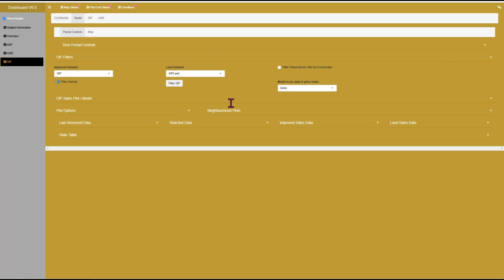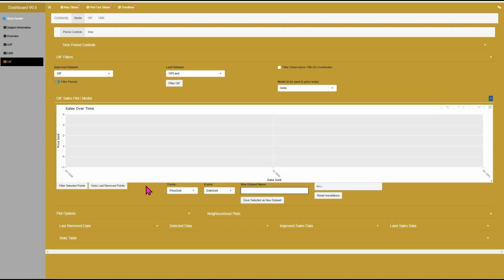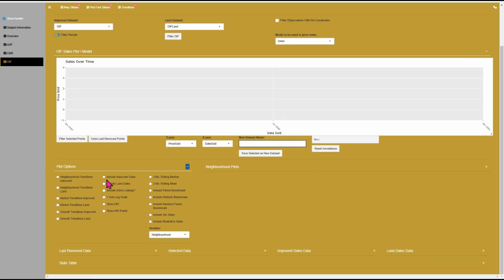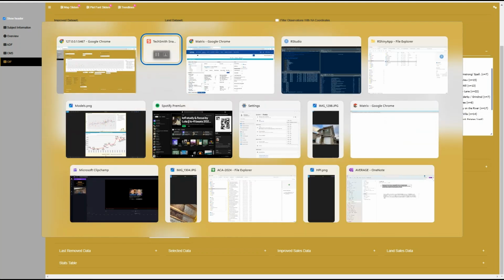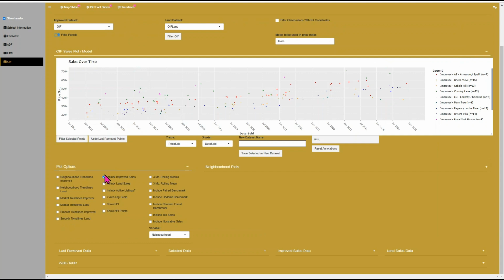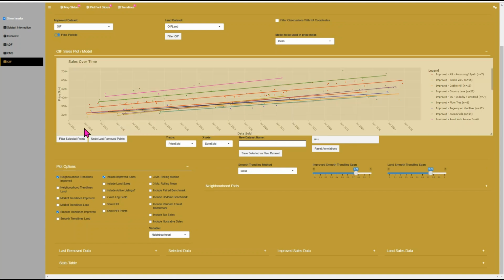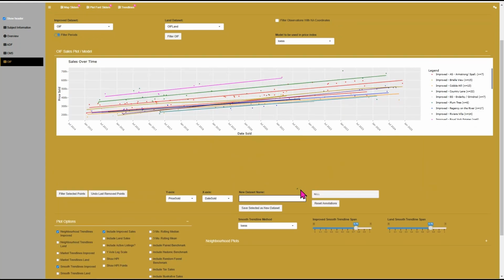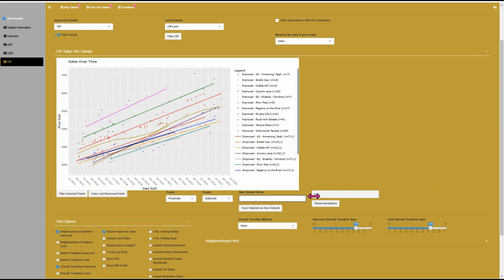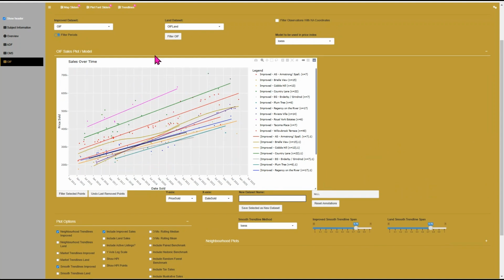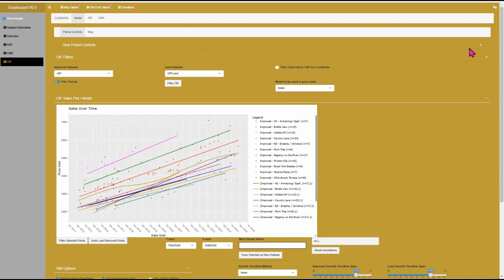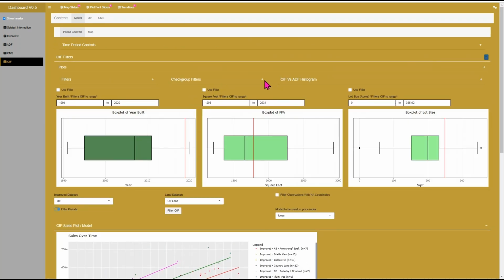I'm just going to go back right down into this OIF model here. I'll open up the model here first. I'm going to show my plot options. So I had approved sales. I had neighborhood trend lines on here. I had a smooth trend line showing, and this was all of the data. And then I've saved it, so now I can restart there, or I can go back in and go here,